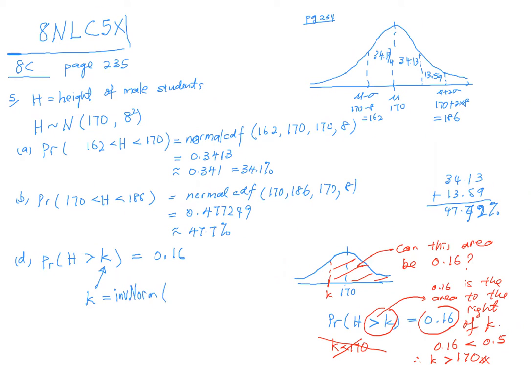Okay, so what must I put in? 0.16, the area, the mean, the standard deviation, and this is the area to the right of K, correct? So I have to put right here, if you are using this calculator. If you are using another calculator,